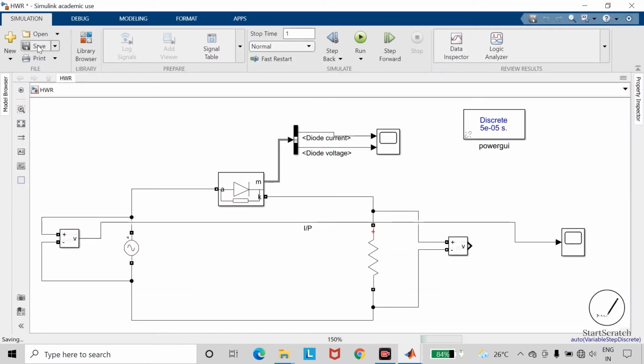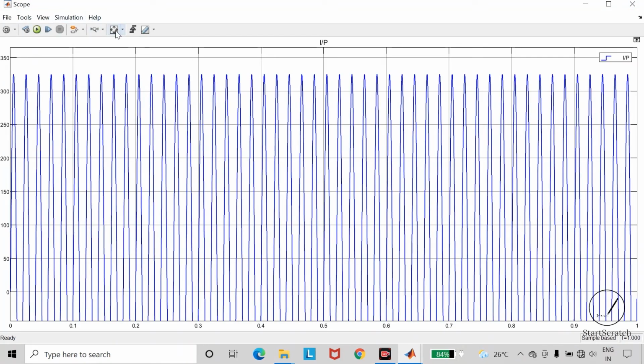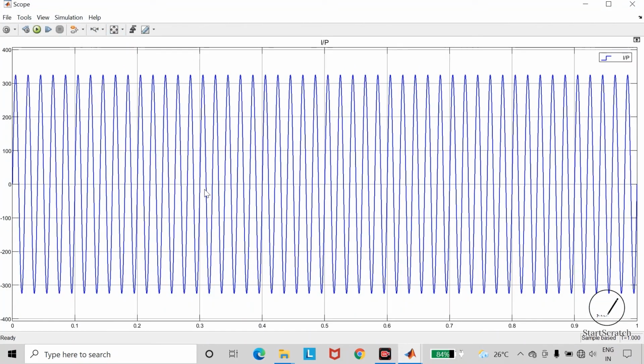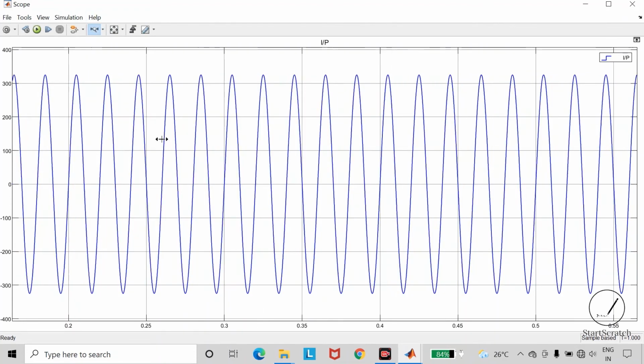Save the changes and run the file. So here you can find the waveform. To zoom it in the X direction, you can use this option.